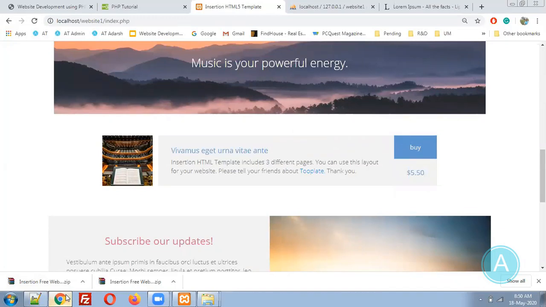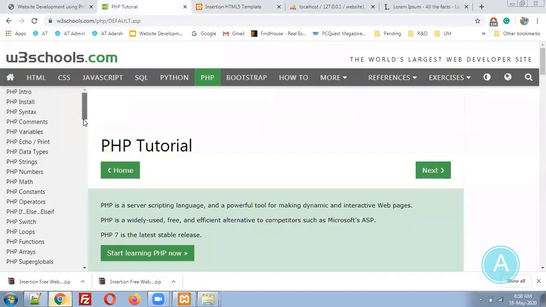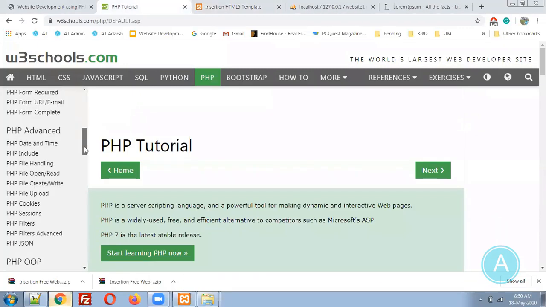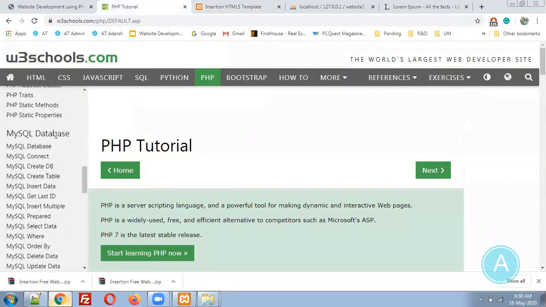For that I obviously need to write the database connections and so on. But I am not taking care of everything, I am just taking ready-made code from available websites. So now I am going to W3Schools. Inside W3Schools, I'm going to the database options. In database options, generally there is select data.